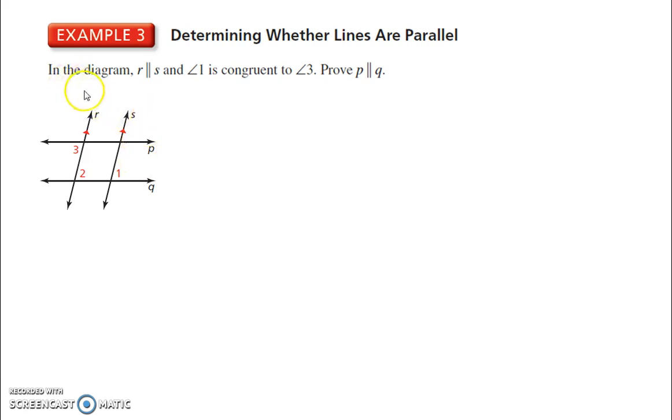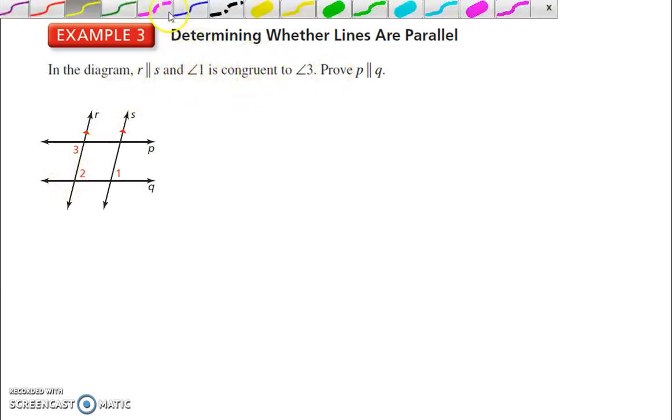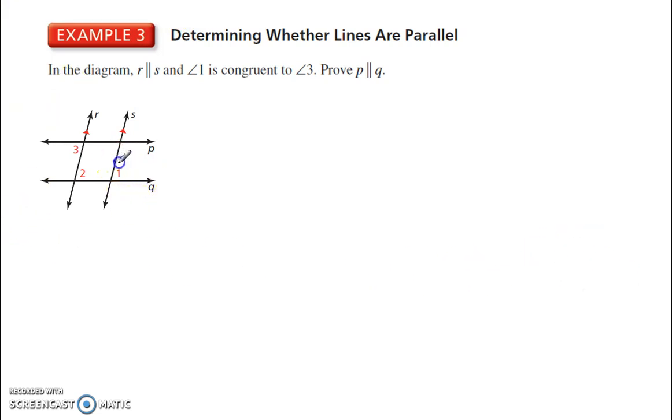Alright, here we have another example. To determine whether these lines are parallel, we know that 1 is congruent to angle 3. So we know that this angle here is congruent to angle 3. How can we prove whether P is parallel to line Q? Okay, well, without knowing that these two lines are parallel, we can't really say anything about 3 and 2 at this point. But we know that these two lines are parallel, R and S, so we can look at 1